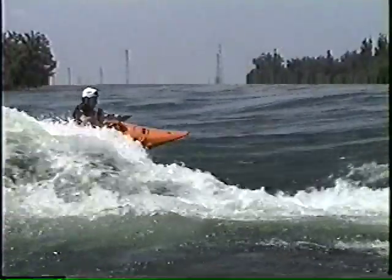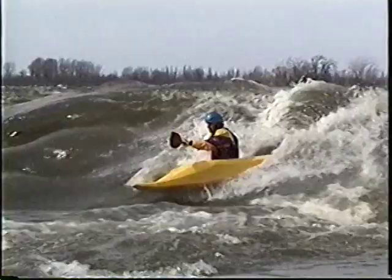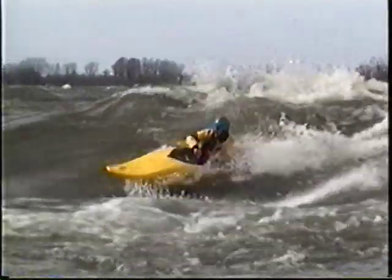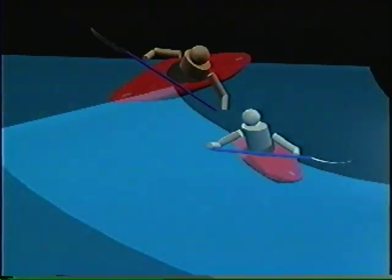Speed and carving is the key to this move. Go firing down the wave on a hard carve towards the most prominent part of the wave, whether that be the peak or a diagonal. Cut into it with a lot of speed, and right as you hit that peak, you want to throw your weight back,